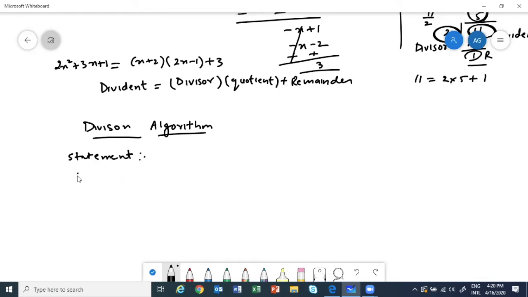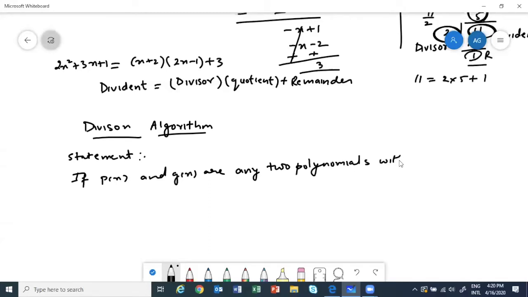We are saying if p(x) and g(x) are any two polynomials, with g(x) cannot be 0, because we'll divide by that. g(x) is not 0, then